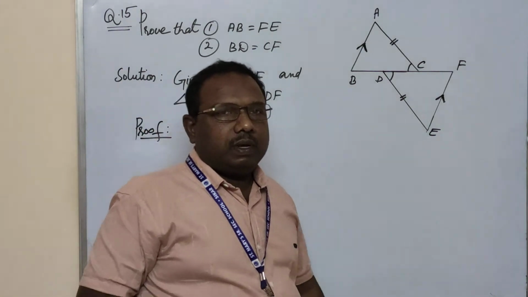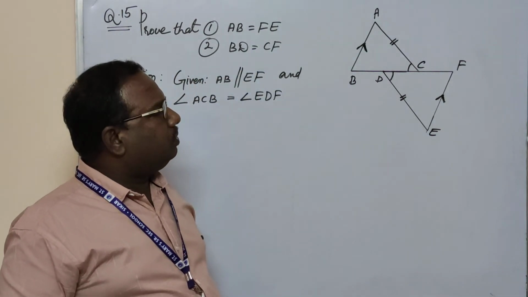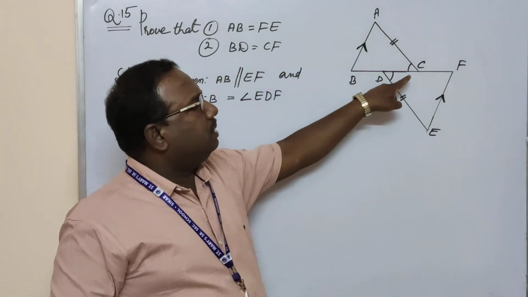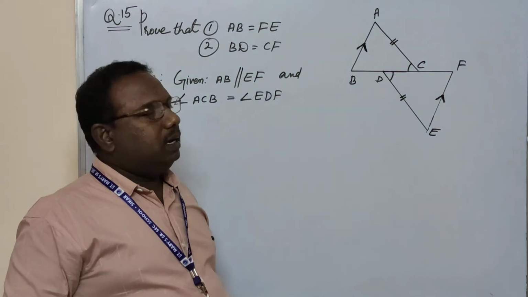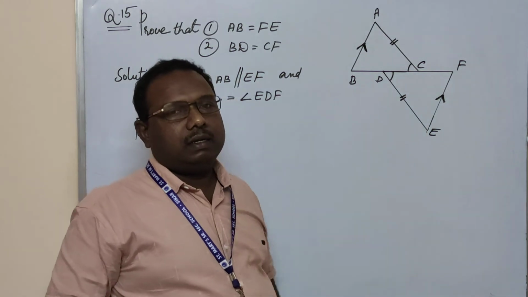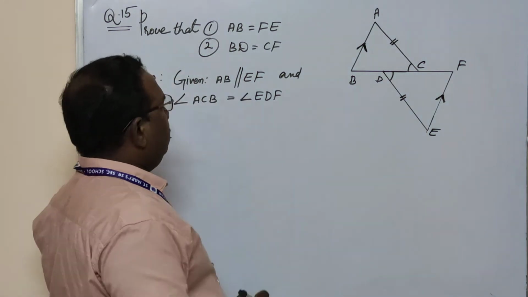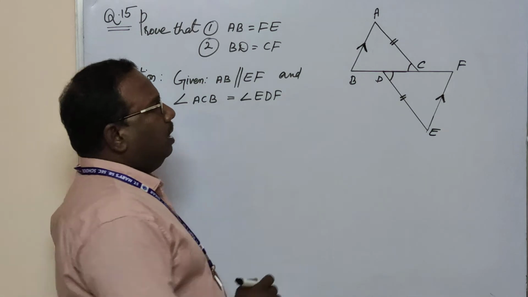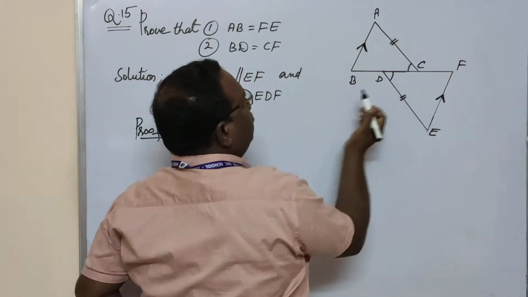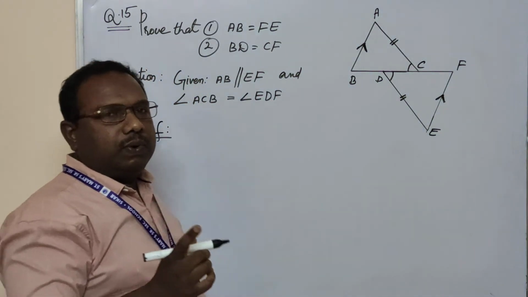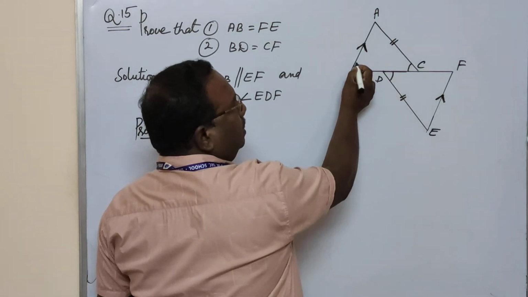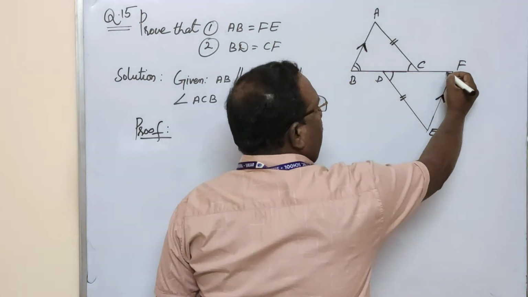Let's choose two triangles. Which are the triangles you are going to choose? One triangle is ABC, and the other triangle is EFD. Okay. Now, before starting the first point, let's discuss one more thing. AB is parallel to EF, given in the question. Therefore, alternate angles. Which are the alternate angles? Angle B is equal to angle F.